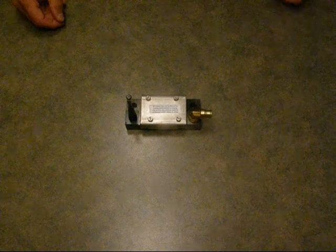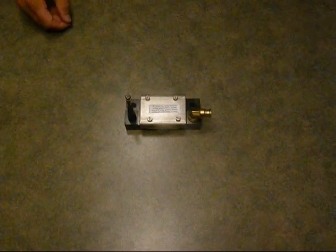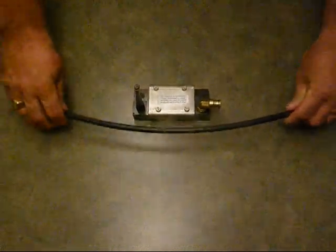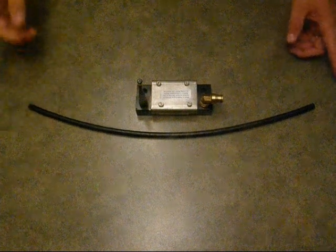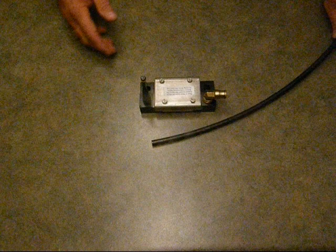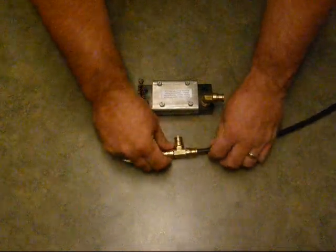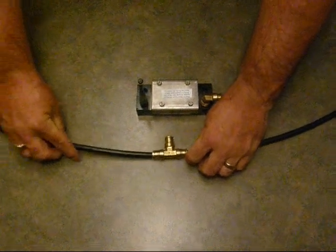With the sensor mounted, you will then tee into the air line that runs between the airbags. Simply get a pair of snips and cut it to the line that runs between the airbags. Airbag here, airbag there, cut there. Or it could be a line coming in or out of any of the airbags. Make the cut, and then you'll insert the T on one end. You'll insert the other end,